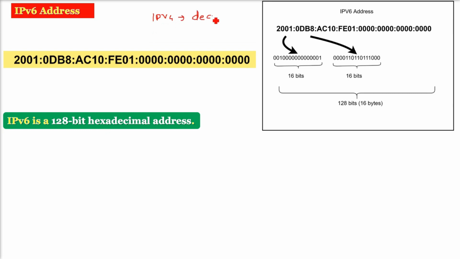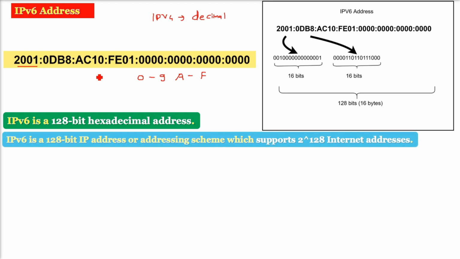One octet, that is from 0 to 255, one group or field can go to that value. IPv4 was decimal. That is why it was called decimal dotted notation. But here you have 0 to 9 and A to F is also included. So all in all, you have 16 of them, 0 to F. F corresponds to 15. So we have hexadecimal address being used, and since we have colon in between,